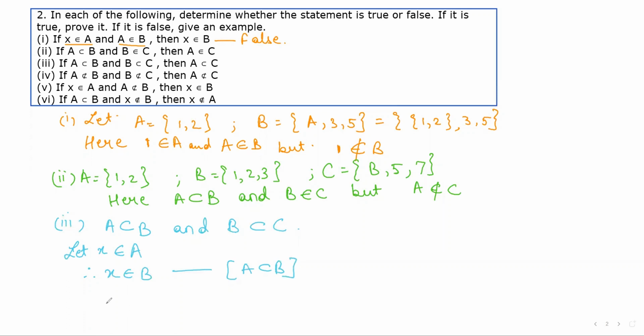If X belongs to B, then X will also belong to C, since it's given that B is a subset of C. The same element which was present in A is present in B because A is a subset of B, and the same element is present in C because B is a subset of C. We know that element X belongs to A, and now we are saying that it belongs to C. So we can directly say that A is a subset of C because X can be any element of A, or all elements of A. So A is a subset of C. Therefore,